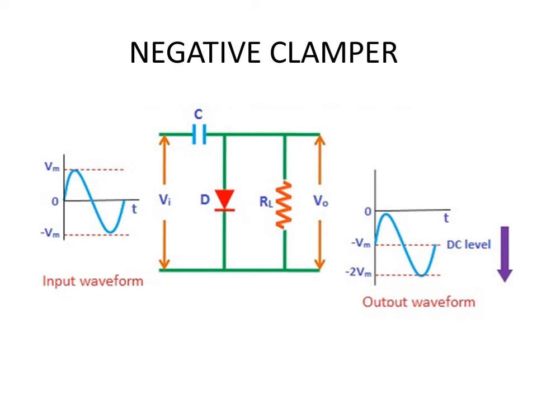Similarly, when your input is minus Vm, your output will be minus Vm minus Vm, which is negative 2 Vm. So that is also marked in the diagram, and you just join all these 5 points, preserving the shape of the input waveform, and you will be getting the output. Now you can see that your entire waveform has been lowered, and its crest is now resting at the 0 value, and that is what we refer to as a negative clamper. The clamping level of a negative clamper is specified to be the voltage at which the crest will stand. So the clamping level in this unbiased negative clamper is 0 voltage.